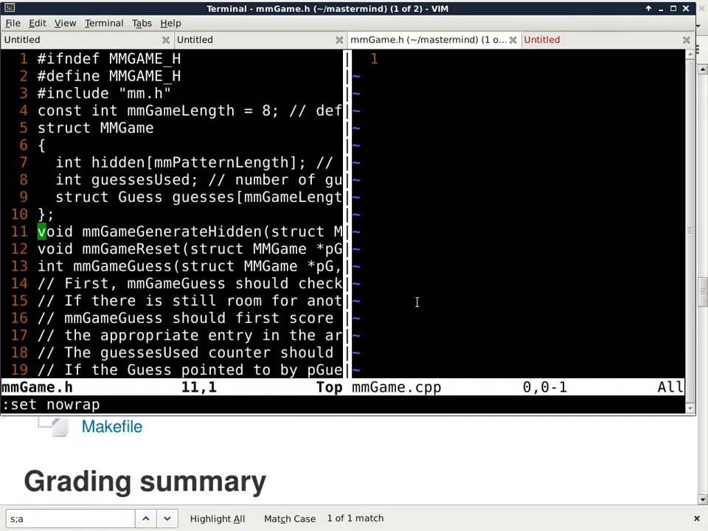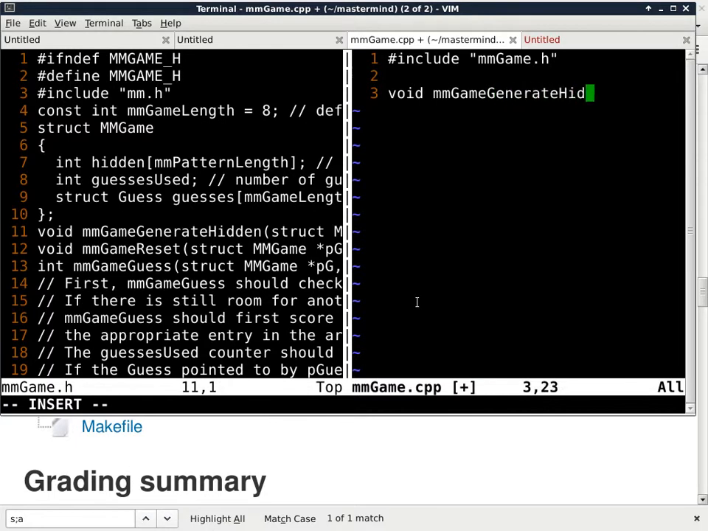And so it does not wrap around, which is good because it doesn't give you the wrap around text, but on the other hand, it's kind of hard to get to the other part. You actually have to cursor over to let it scroll and display the other parts. So we'll do it this way, at least for now. So pound include mmgame.h, and then we'll go ahead and implement mmgame generate hidden,